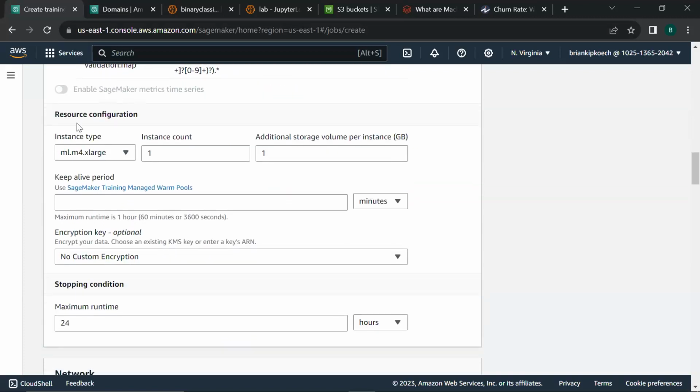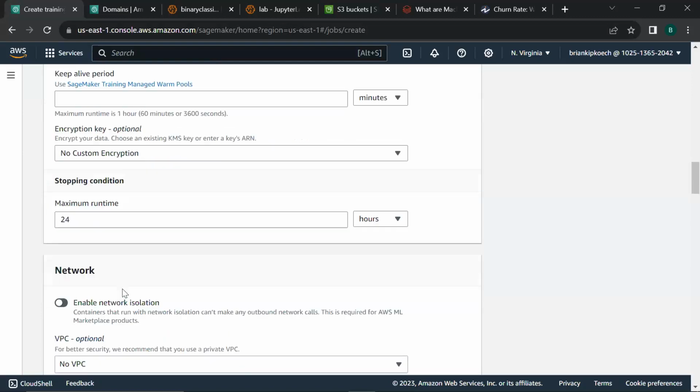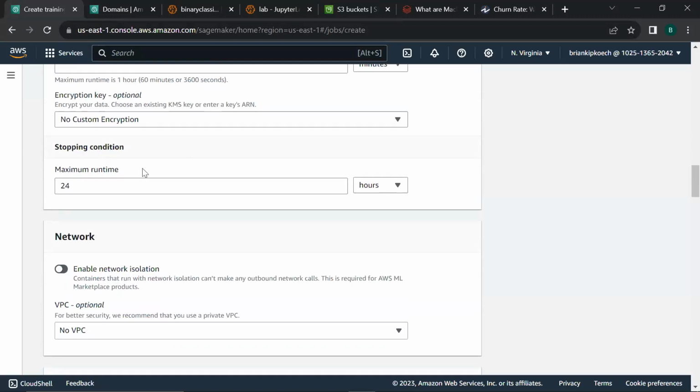We also have to select the resources. In our case, we'll just leave it as default, ml.m4.xlarge, and we make it 5 gigabytes of storage. Now, this is going to be a bit expensive, but that's what we need to train. That's the cheapest way we can train a machine learning model here. Then the stopping condition, we are not going to explain what that is, but we'll just let it be 60 seconds because we are just experimenting with this.